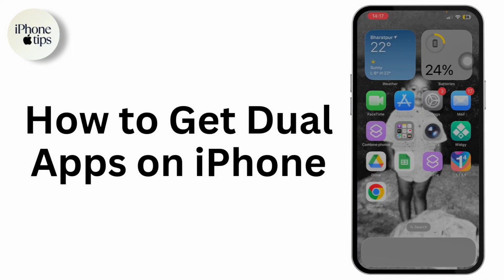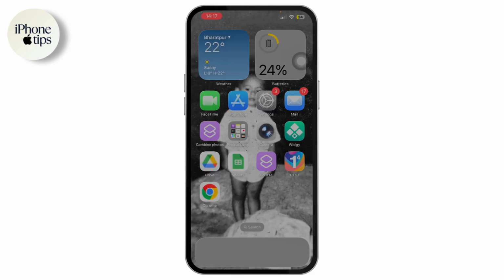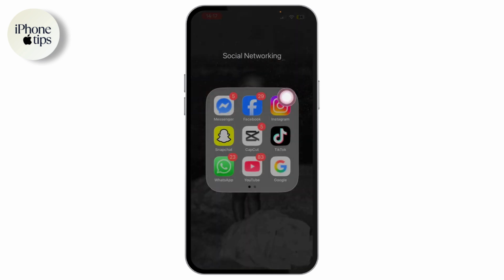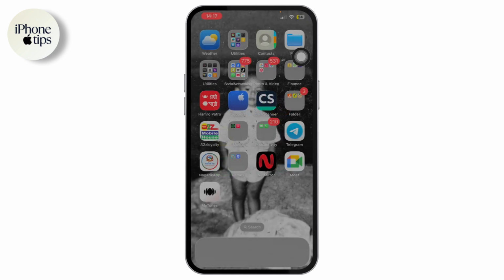How to get dual apps on iPhone. So if you want to get dual apps on your iPhone, then what you need to do is, for example, I have Instagram application already installed on my device. So if I want to have a dual app for Instagram, then what I need to do is open up